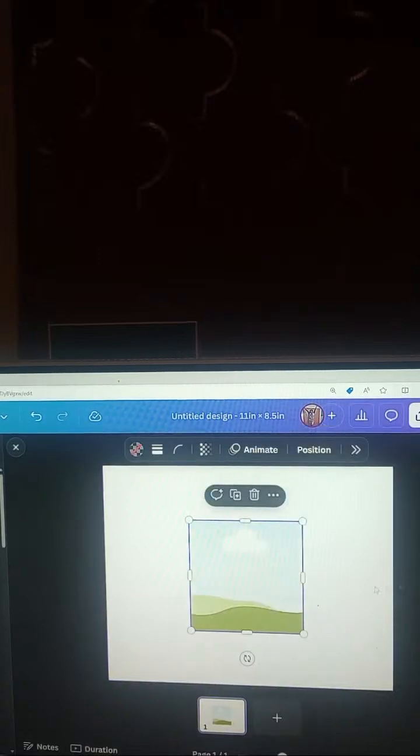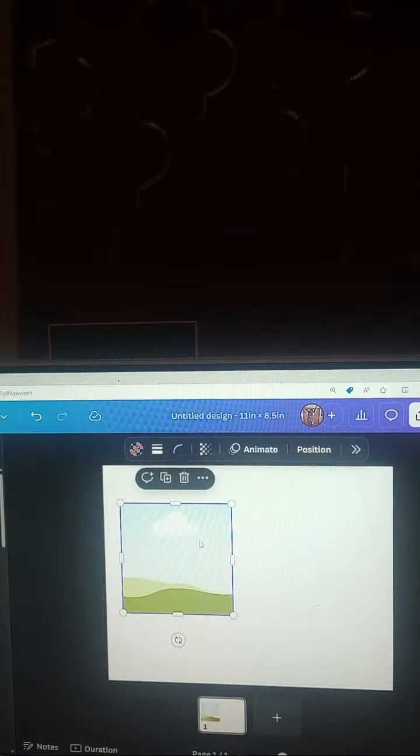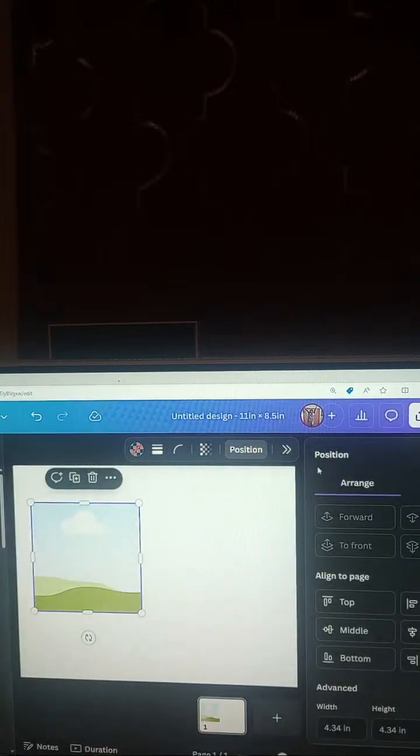Okay, so the sides, you could pull out your Canva yourself. You can create as you go. So the 2 sides. Now I'm going to do it a different way tonight because, like I said, I upgraded to doing it with the drop and drag. So I am going to use that method because I want to show something with the drop and drag. So we're going to come over here to elements. We are going to get a frame. Then you're going to come over here in position, and we're going to make the sides